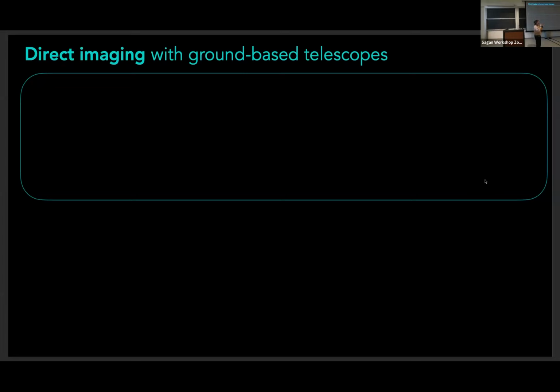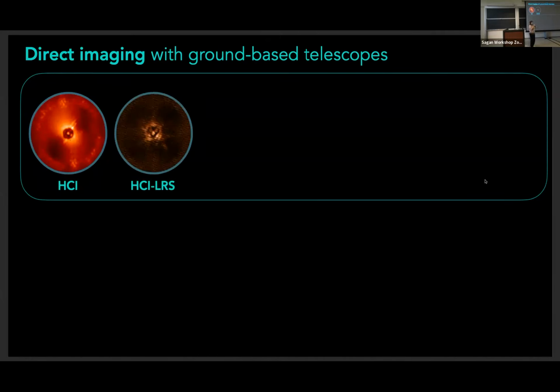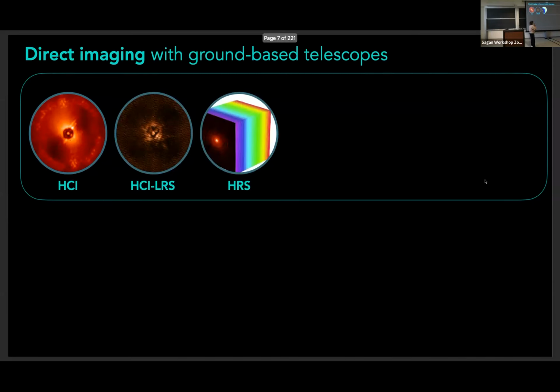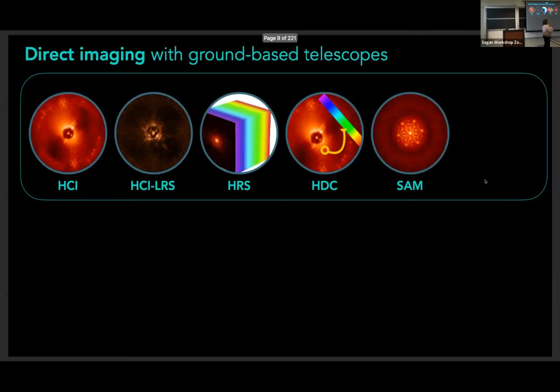You've heard that before at the last talk, but just a quick reminder, what we call direct imaging today evolved a lot. There is, of course, high contrast imaging. We had a lot yesterday morning, but also high contrast imaging with low resolution spectroscopy, so integral field spectrographs. We also have high resolution spectroscopy with or without coronagraphs, like SPHERE, for instance, on the VLT. High dispersion coronagraphy is like KPIC, HiRISE, where you put a fiber on top of the planet and then send it to a very high resolution spectroscopy instrument. The last one is sparse aperture masking, that you also touched upon yesterday,